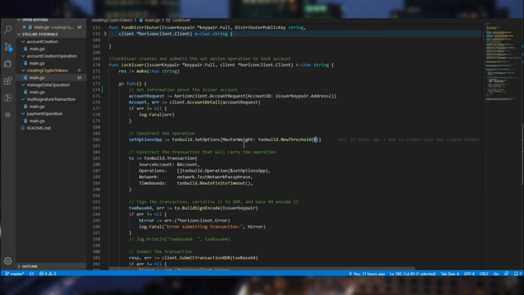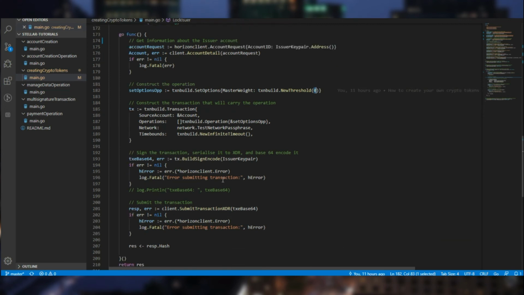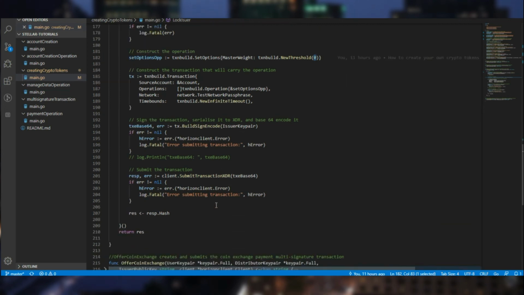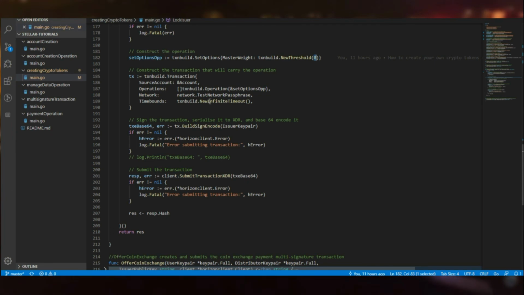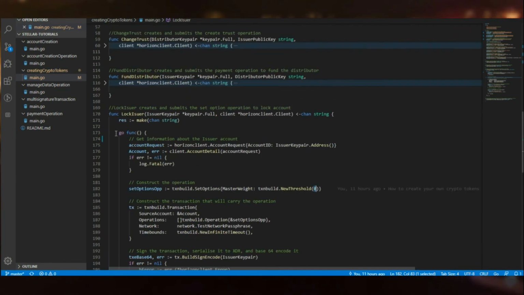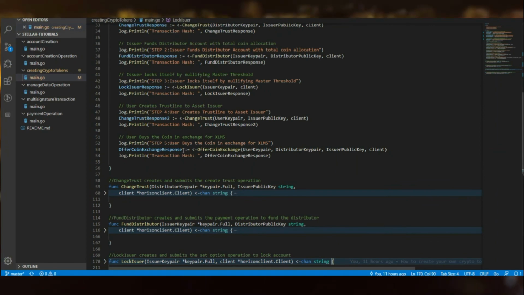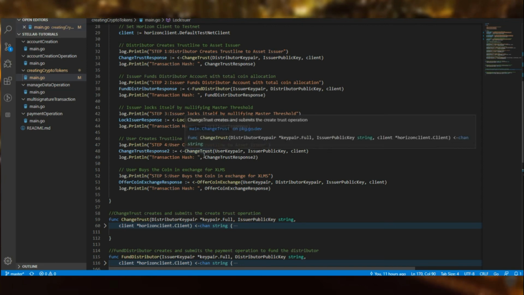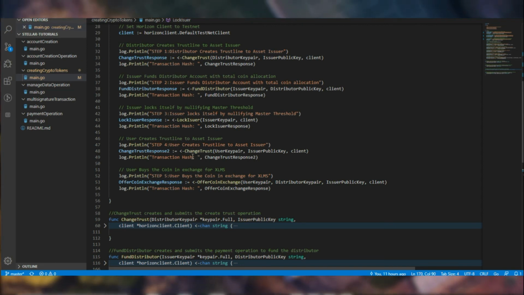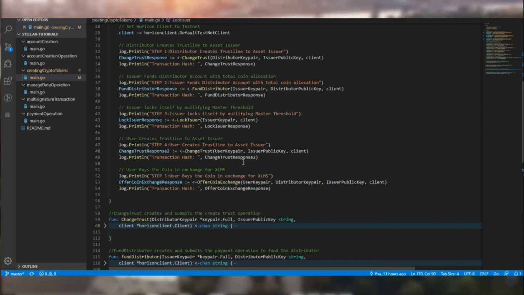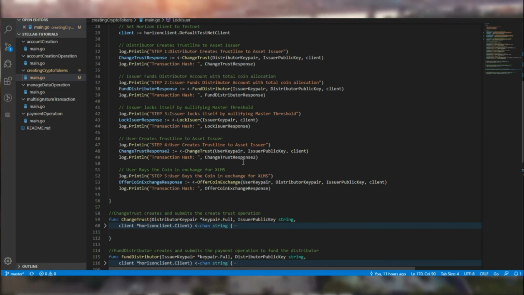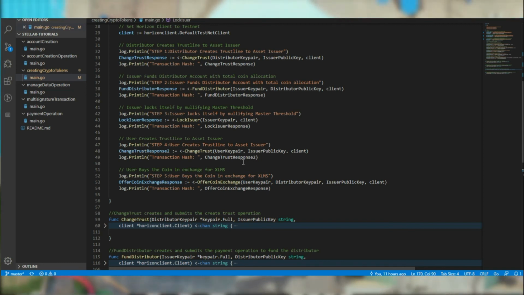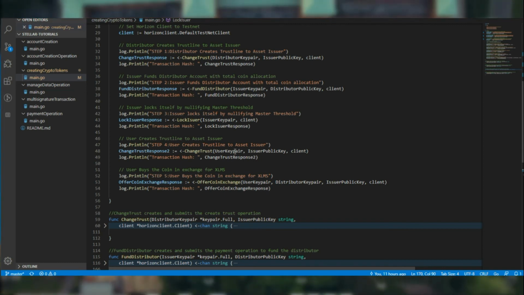Then finally, next up, we add it to the transaction builder and build the transaction with this operation. Then we sign it using issuer key pair. So remember, this is the step where we can't go back from. The issuer account will be locked. And finally, before we move on to the final function we'll have to repeat the first step once more. That is creating a trust line, but in this case it's for the user. Only if the user creates a trust line for that particular issuer will he be able to get the coins. And after he creates a trust line,